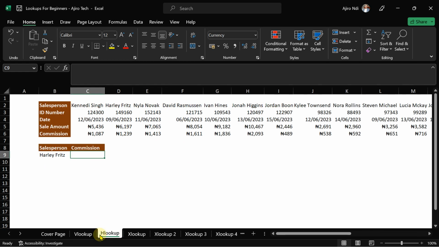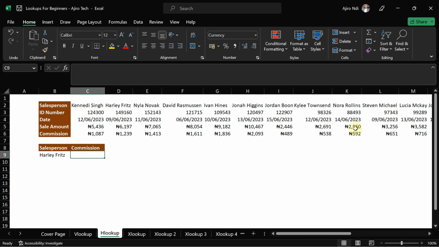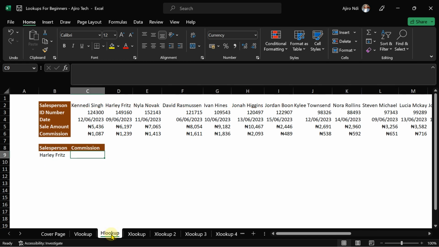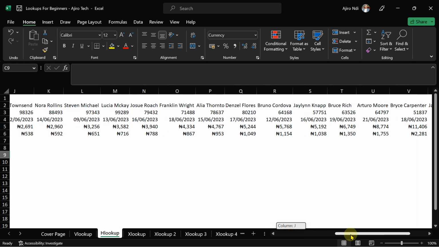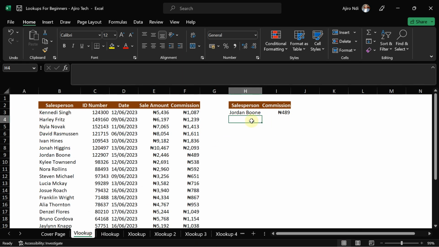Now for vertical lookup, it works vertically. But for the HLOOKUP, it works horizontally. Another way to know the difference is that for the VLOOKUP, the headings are at the top and the records at the bottom. But for the HLOOKUP, the headings are on the left, and the records are on the right. So this is the structure for the HLOOKUP. So let's say, for example, let's go back to